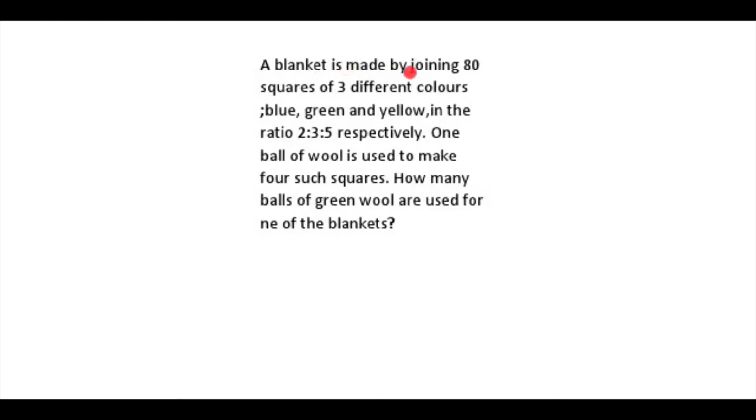A blanket is made by joining 8 squares of 3 different colors, blue, green and yellow, in the ratio 2 to 3 to 5 respectively. One ball of wool is used to make 4 such squares. How many balls of green wool are used for one blanket? For one blanket,